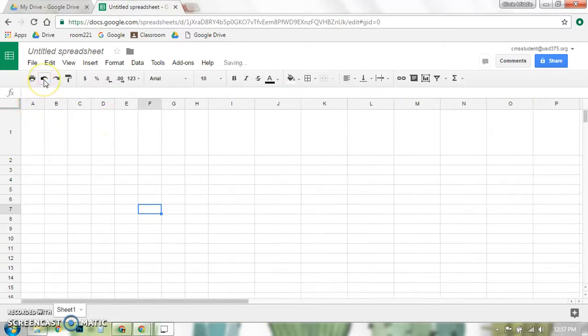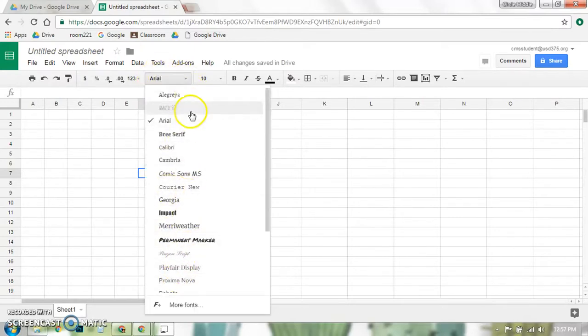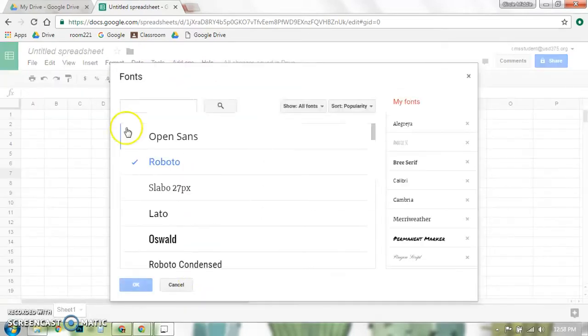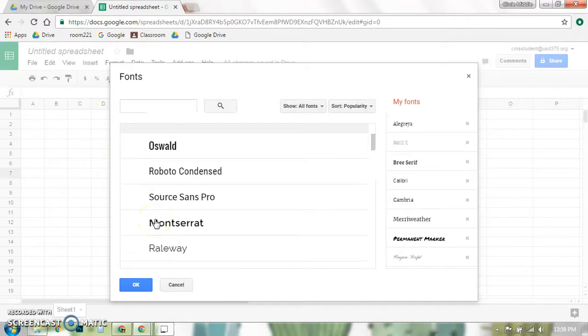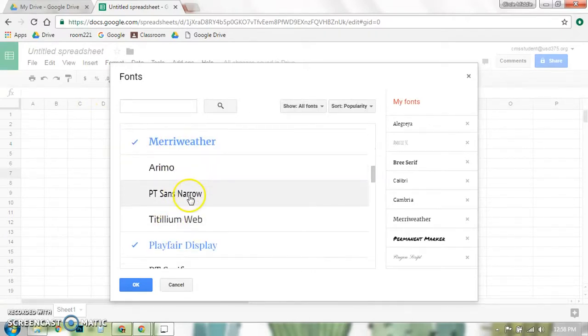I'm going to go ahead and undo that so it looks a little bit more normal. And then we're going to come up to our fonts. You guys are used to changing fonts. Here are your fonts. If you go down to the bottom though, this says more fonts, and this is where you can get some more interesting fonts if you scroll down, and this is where you can look for your